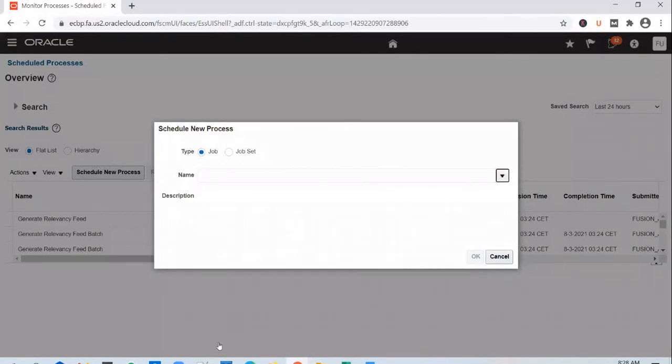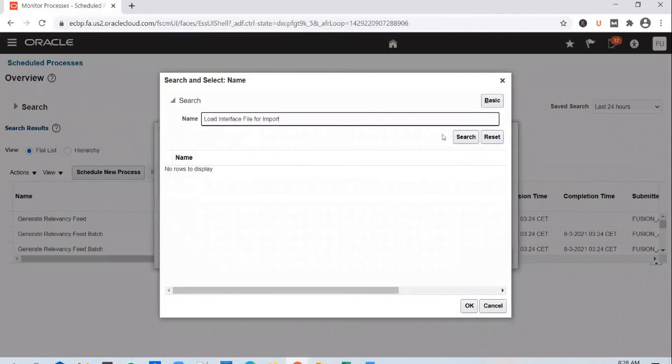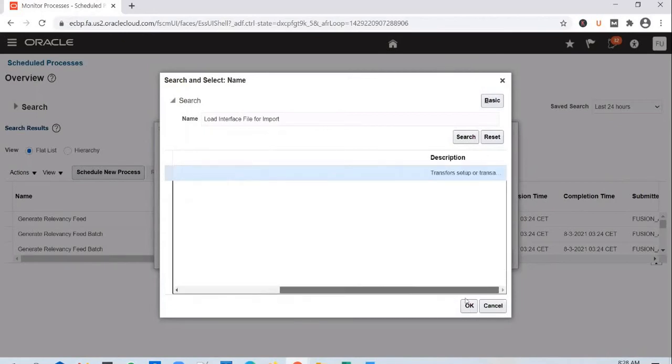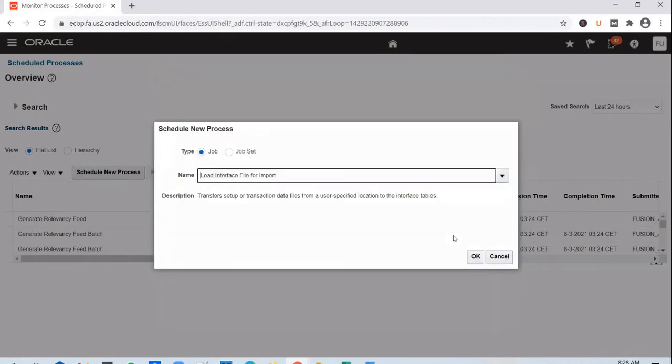And you can search for this loader job. Search for this load interface file for import job. Select it. And what will it do? It will dump the data into interface tables from a user specified location. So click OK.